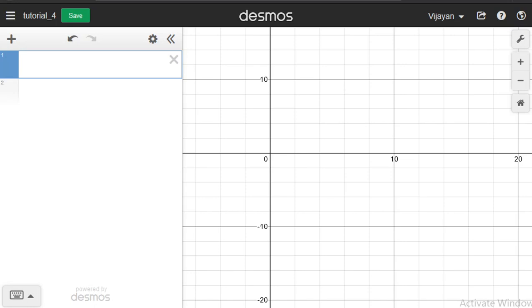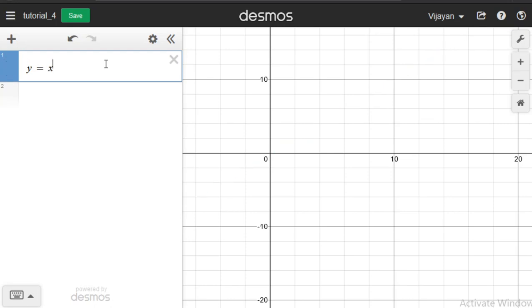In this second tutorial, we will discuss restrictions, regression, summation, tangents, trigonometric functions, parametric equations, polar graphs, etc. The first topic that we want to see is restriction. So what is restriction? Suppose I want to graph a